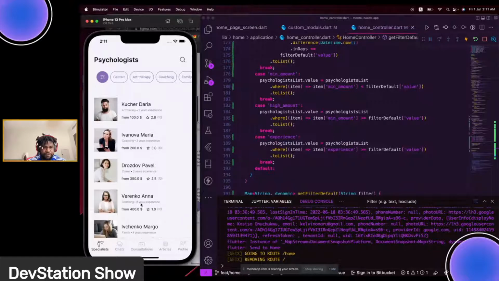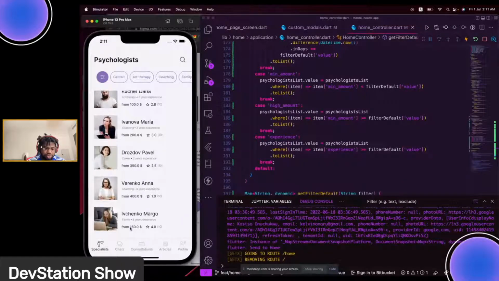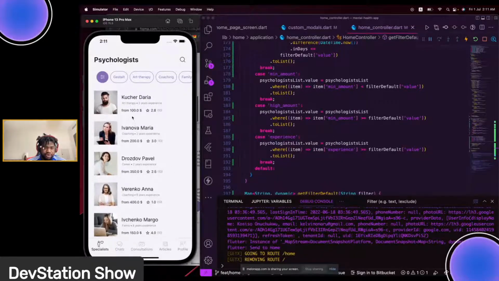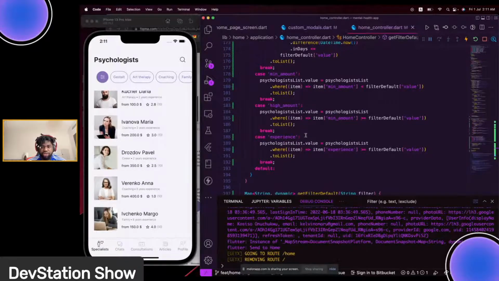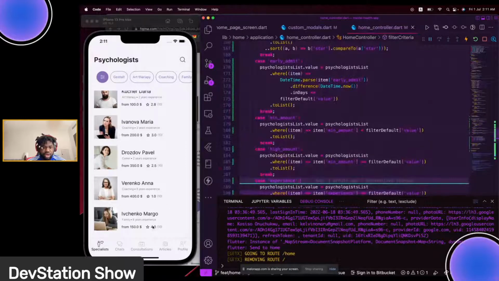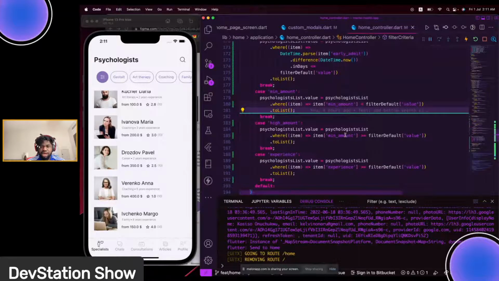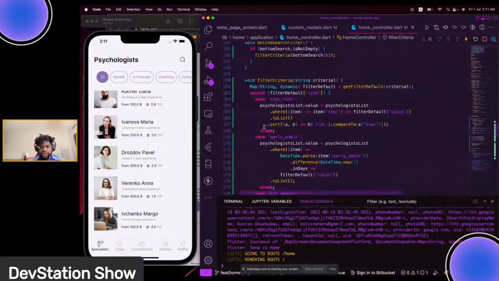But if you look over, you see there's an issue. Right here, we are having 150 down below, whereby we have 100, 200, 350. So they should be 100, 150, then 200. The reason why we are getting that is because we are not sorting the array after this query. To sort the array, I think there's a place I did that, so we can copy this sort function over,